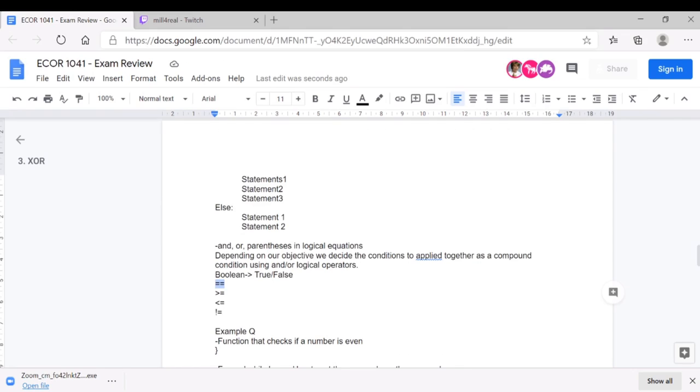Each of these actually results in a Boolean true or a Boolean false. So let's say we have two variables a and b. If a is equal to b, what this gives us is a true. And if a is not equal to b, we will get a false.